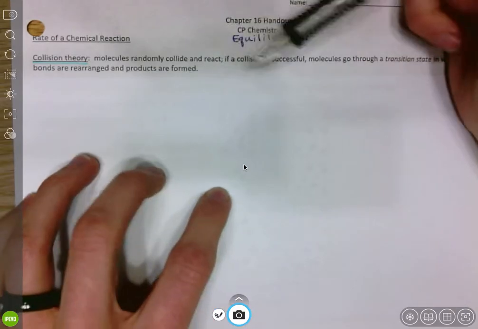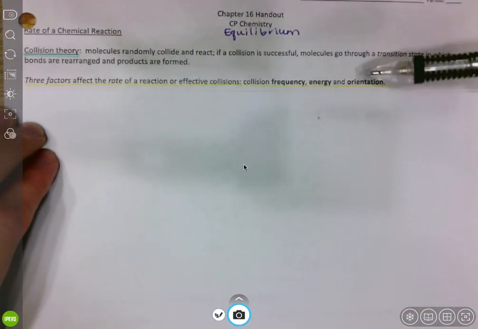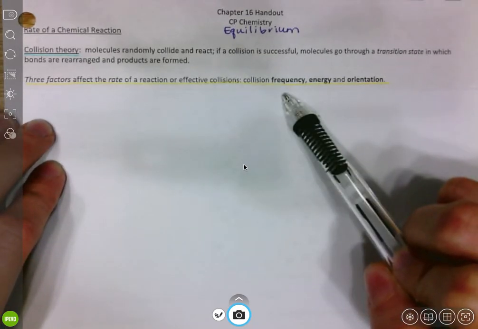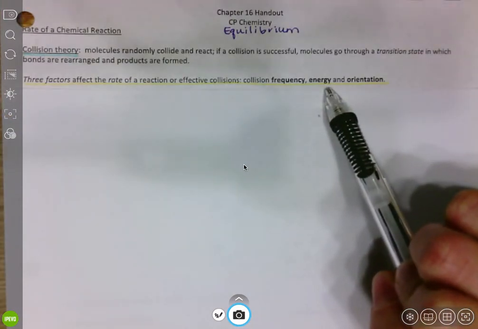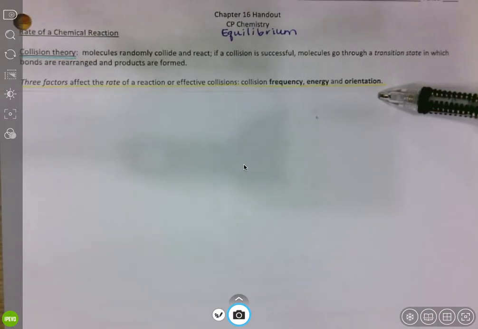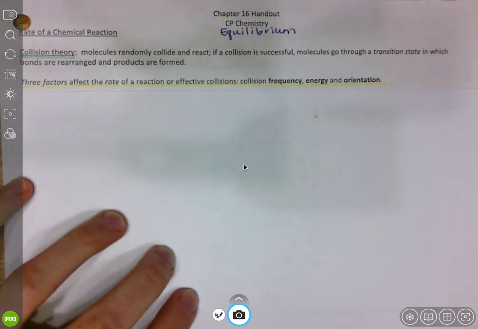So basically, our molecules are colliding with other molecules, and if everything is just right, a reaction is going to occur. So we have three factors that are going to affect the rate of a reaction. Collision frequency, how often our molecules are colliding, the energy that our molecules are colliding with, and the orientation. So there are certain groups in our molecules that can react with other things. We just have to make sure that those groups are the ones that are colliding and touching